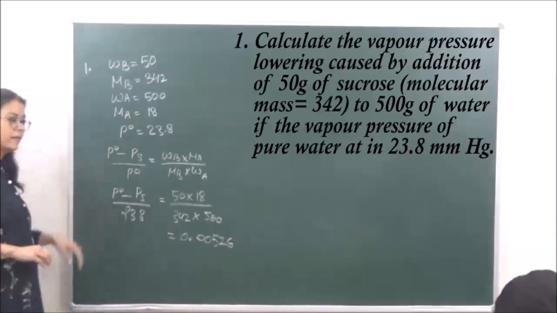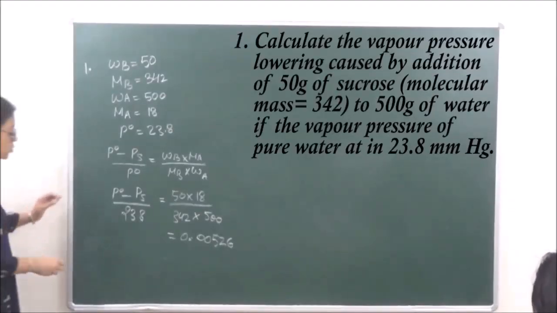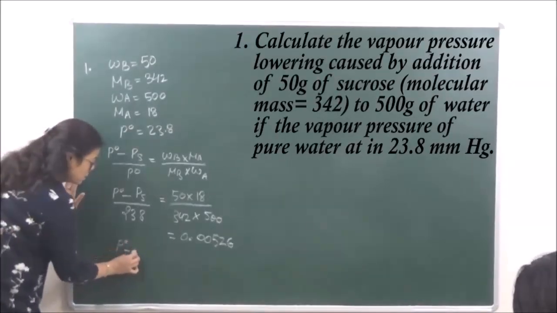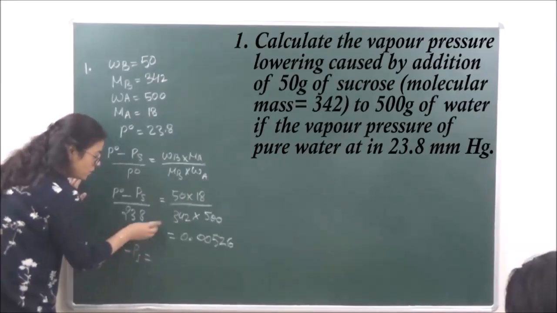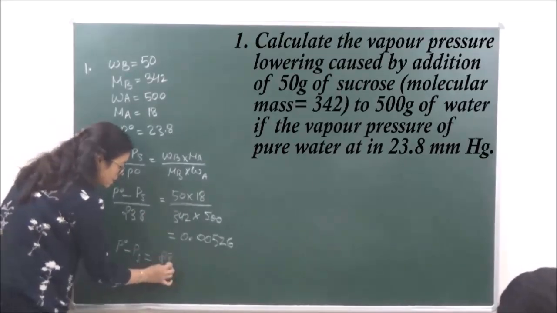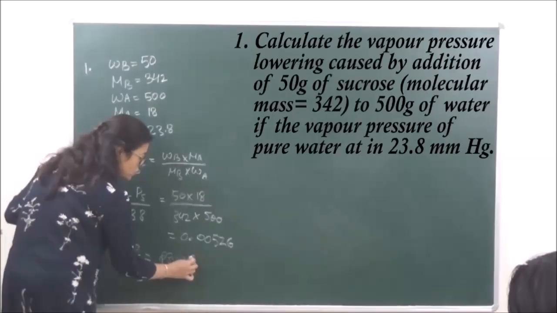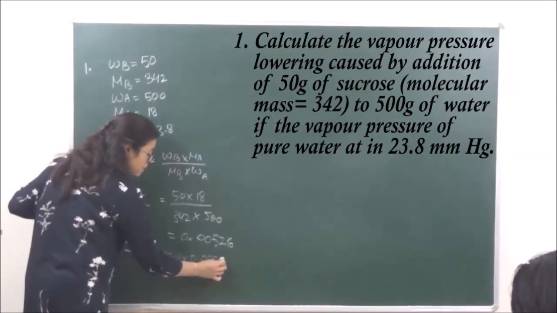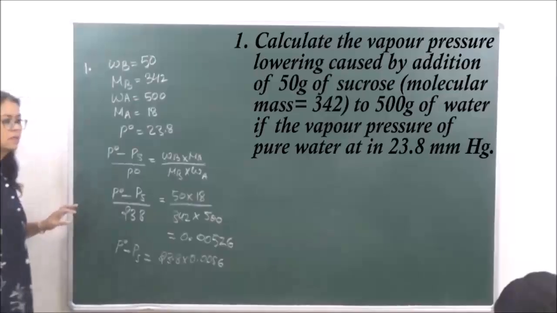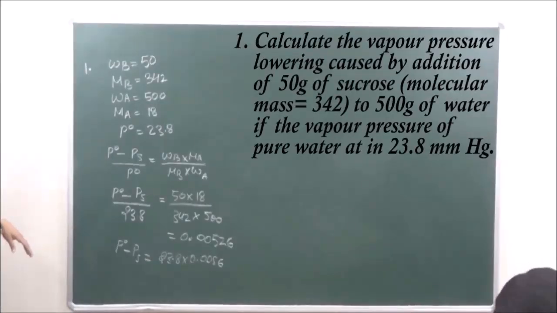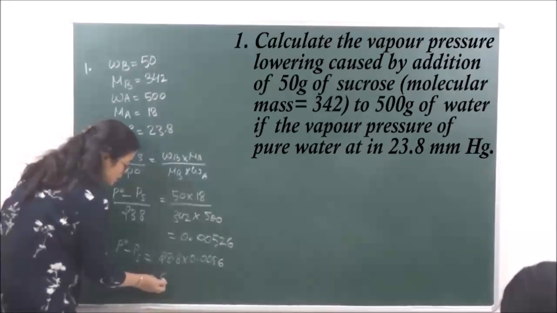This is what we are getting. Okay, so what is going to be P naught minus PS? That is going to be equal to, this we take on that side, 23.8 into 0.0056. So this when calculated comes to